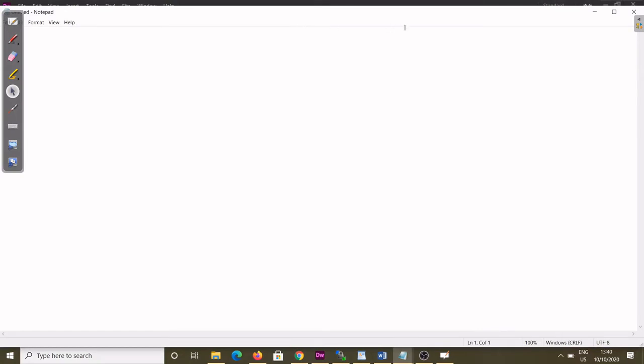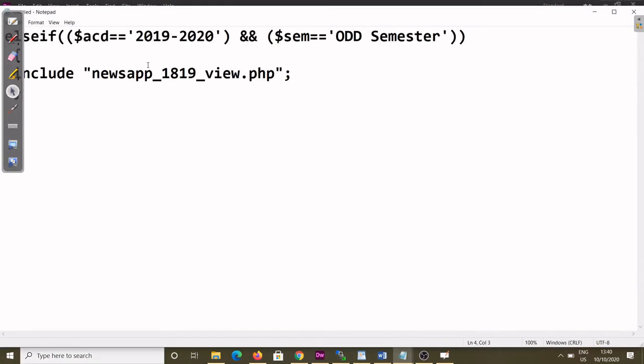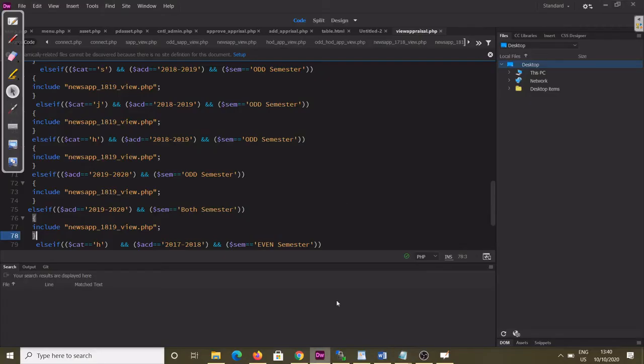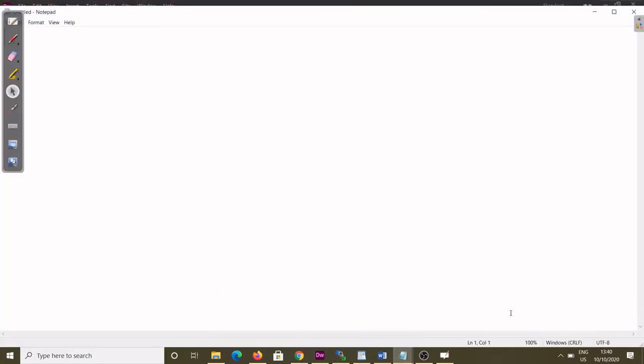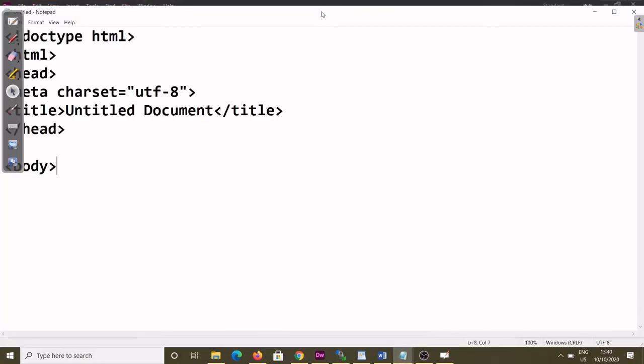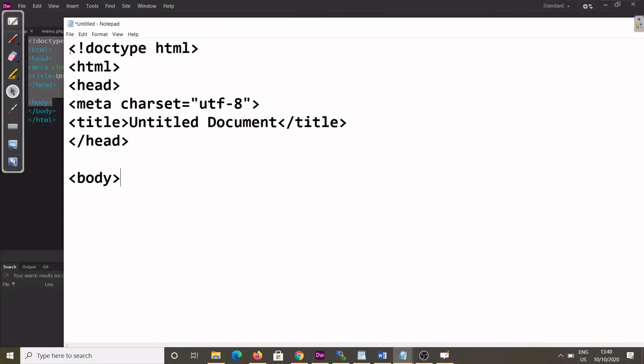In the notepad, the basic part of the HTML, I'll copy from here, so I can save a little bit of time. Yes, so you see here, this is the basic structure for HTML5.